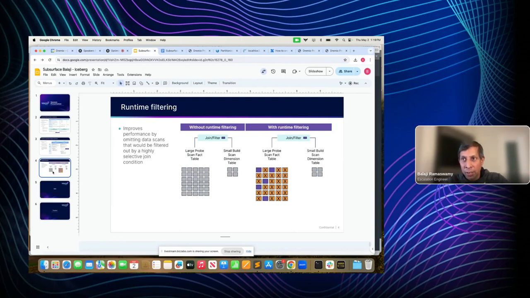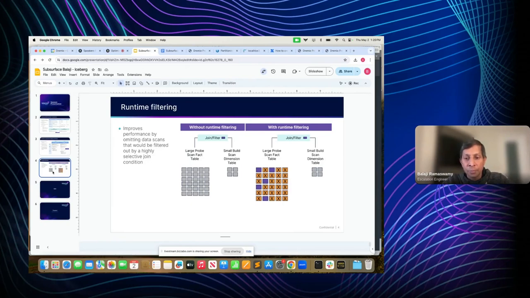So you are selecting from the large fact table where the column name is in, and you're trying to run a select of the dimension table, and the dimension table has a filter on the partition column. Now there, directly, the fact table will not benefit from partition pruning, because during planning we do not know what partition values are going to come over from the dimension side. So what we rely on is something called runtime filtering, where once the build side, which is the dimension side, finishes, it will have the partition values passed over to the fact side. And before the fact side scan can even start, those partition values will be applied during runtime,